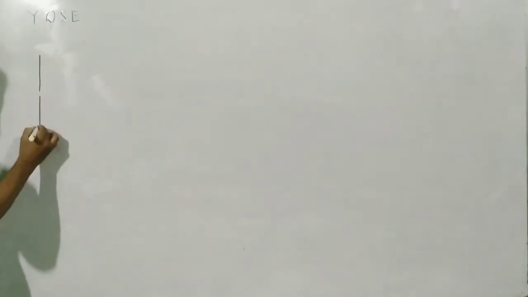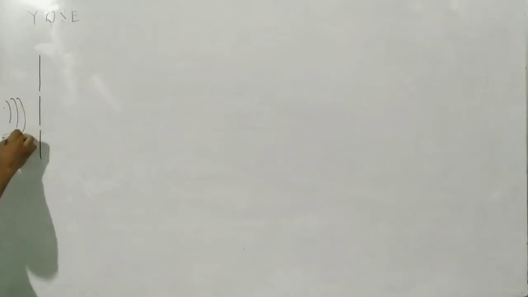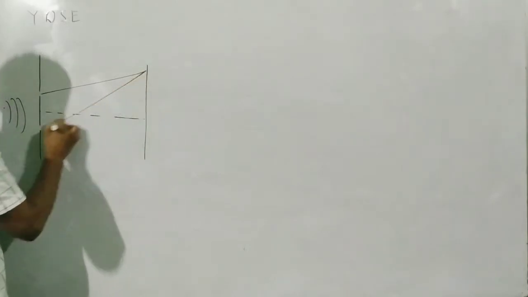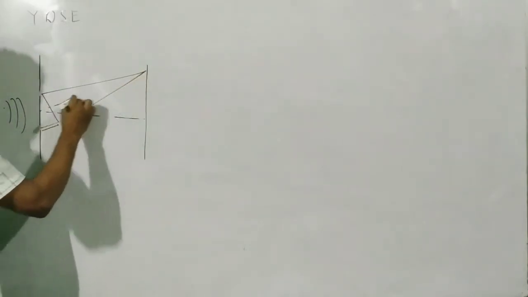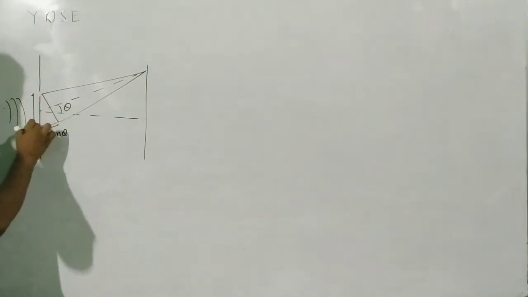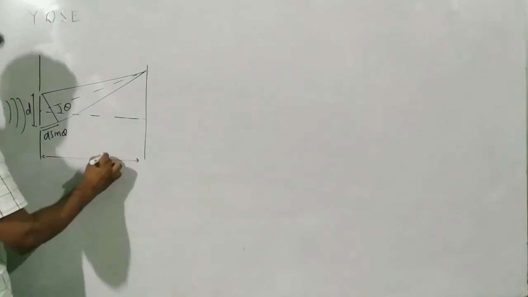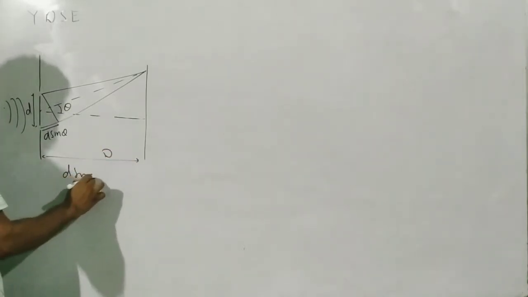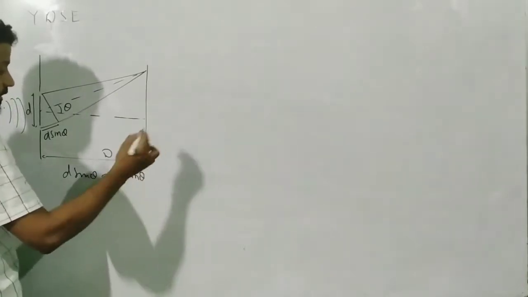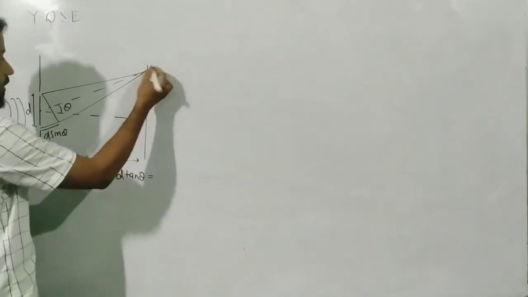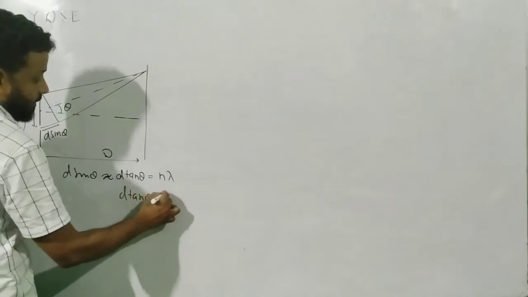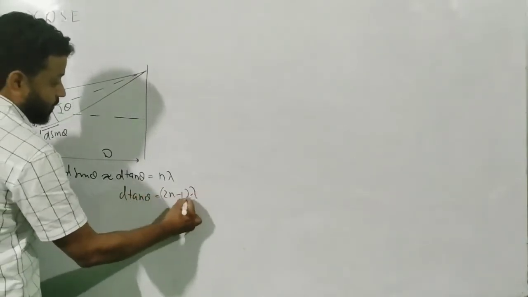that there is a source, then you have two slits over here, and then we saw that this distance is, if I consider this angle to be theta, then this distance is d sine theta, where d is the distance between the two slits and this is your capital D, and we say that d sine theta is approximately equal to d tan theta under the approximation which I have discussed. And if this point is maxima, you write this as n lambda, or if that point is minima, you write that as (2n minus 1) lambda by 2.